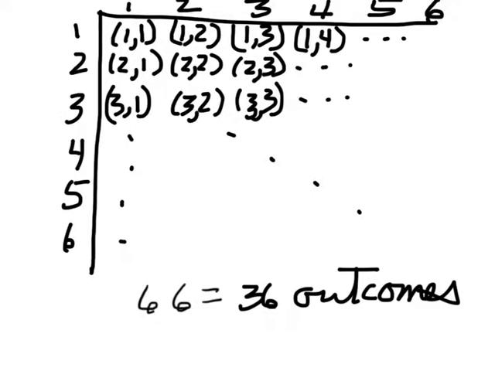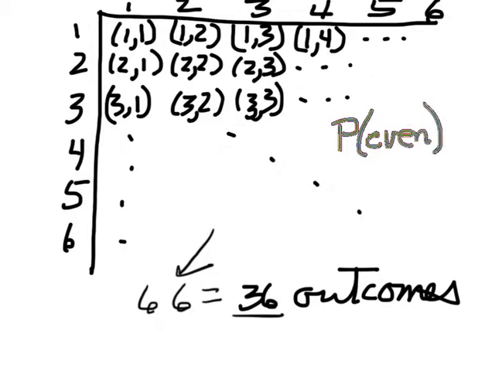So just to connect the probability to the counting, notice what we did here is we used the fundamental counting principle to figure out how many outcomes. So then if I were to ask you, what's the probability that the sum of the dice is even, then what I would have to go through, and I'd have to say, well, they add to 2, they add to 3, add to 4, 5 of them will add to 6,